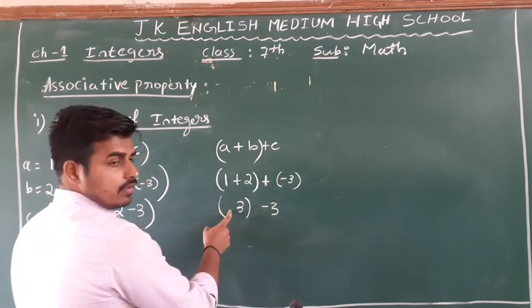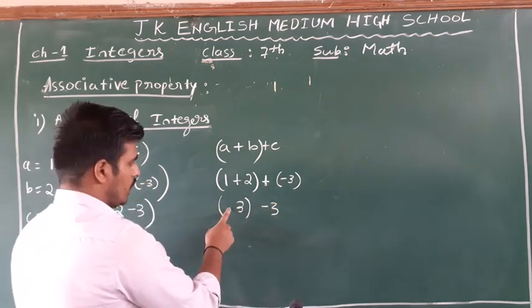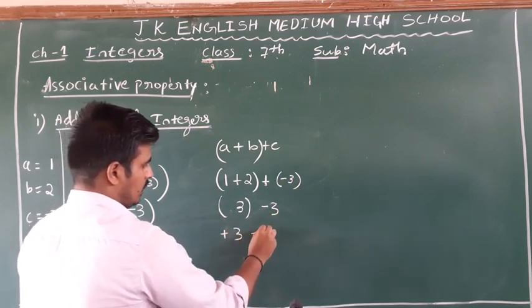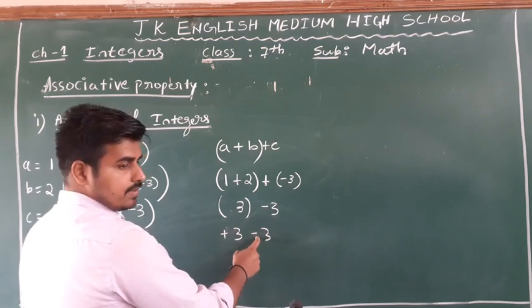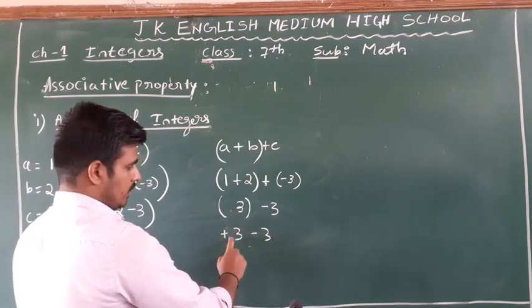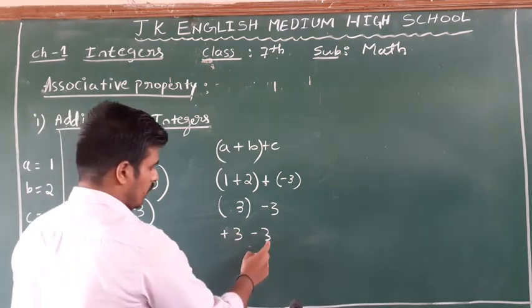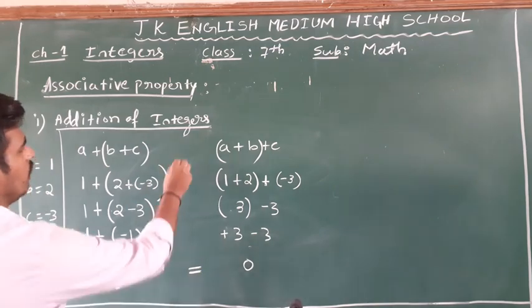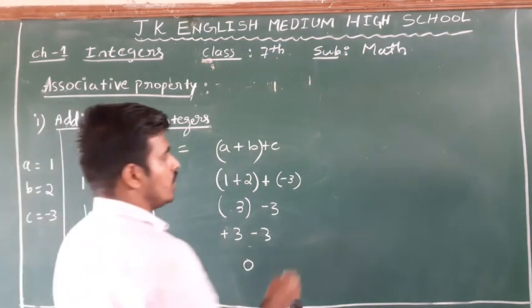Open this bracket, outside sign plus into plus, therefore it is plus 3, this is minus 3. Plus 3 minus 3, subtraction of 3 minus 3 will give you 0. Both are equal. Therefore our conclusion is